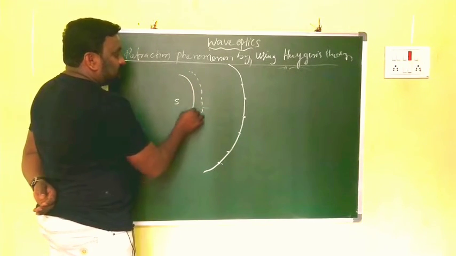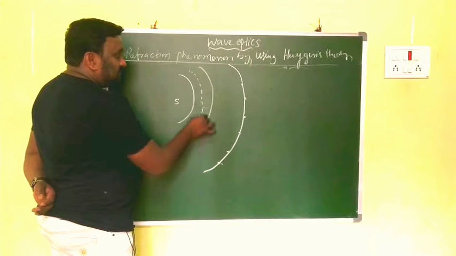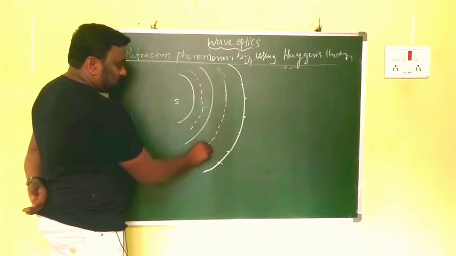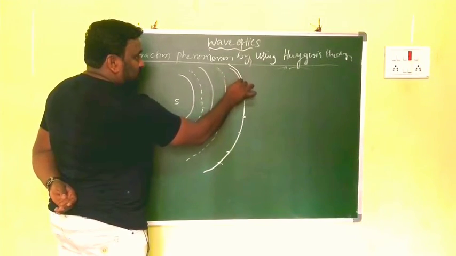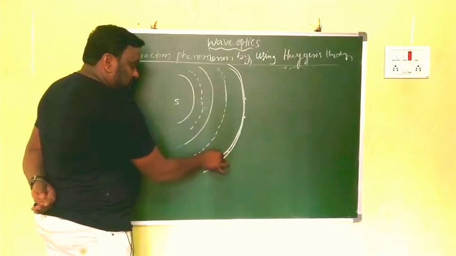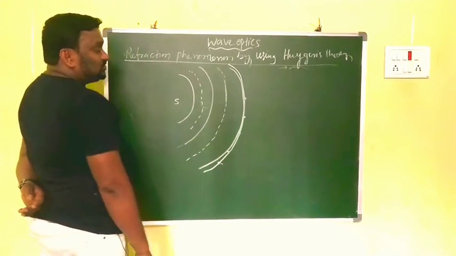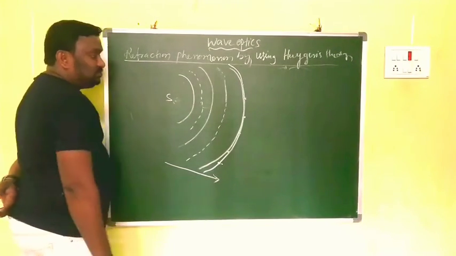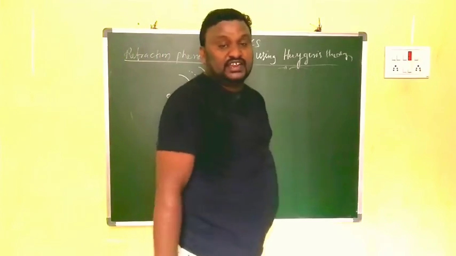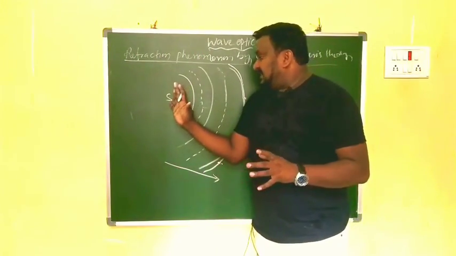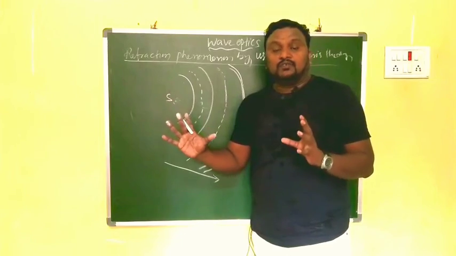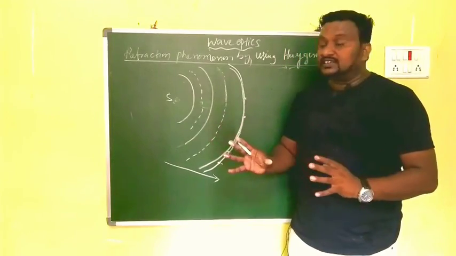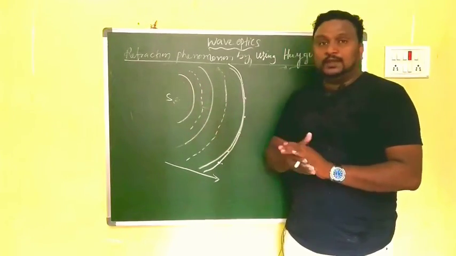This is another wavefront and this is another one. So he gave one explanation: if you just imagine the light is moving in this direction, the light must be moving from the source in the form of these spherical wavefronts. So in this diagram you observe that the wavefront should be like this,